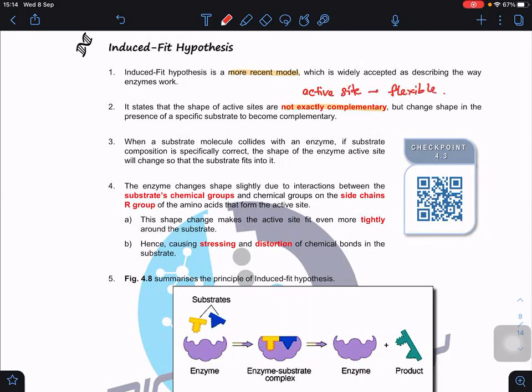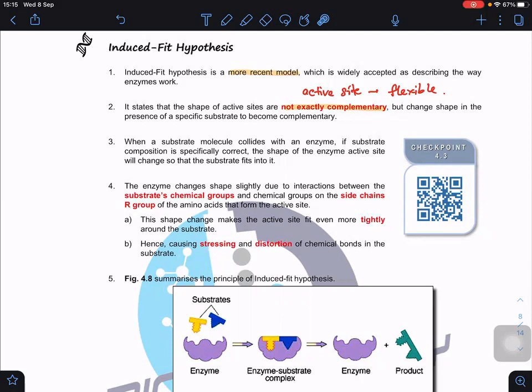They are flexible, which means it's not rigid. You can change the shape, but only slightly. Are you clear? Okay, so that the substrate can fit. The enzyme changes shape slightly due to interaction between the substrate's chemical groups and the chemical groups of the site, the R groups of the amino acids. So this shape change makes the active site fit even more tightly around the substrate, causing stressing and distortions